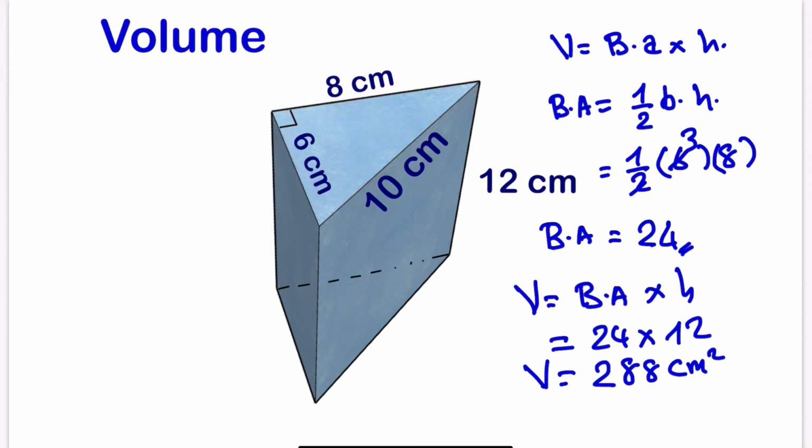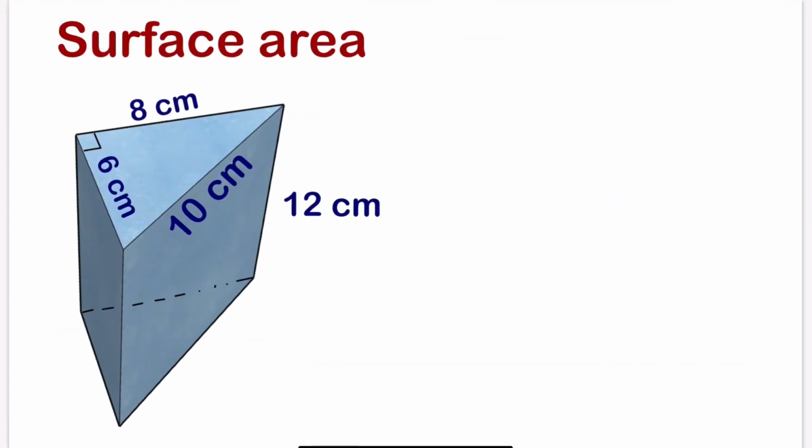Okay, so let's move to the next question, which is to calculate the surface area. Now to calculate the surface area, there are various methods of doing it, but as for me, I'm going to use this formula. Surface area will be equal to, since the surface area involves the area of all the faces of this prism, so we have how many triangles? Two triangles. So I'm going to say 2 times the base area. Don't forget that this triangle represents the base, plus